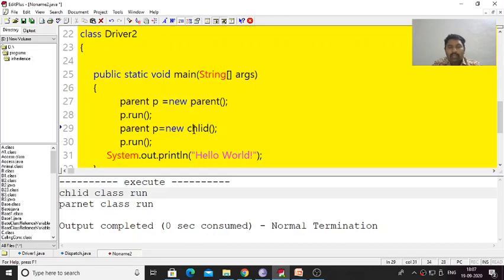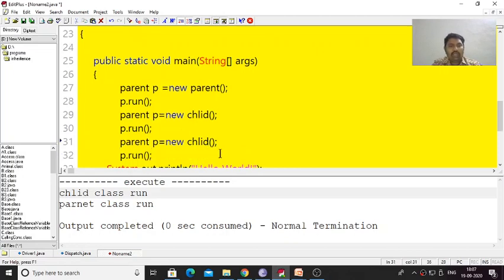That means it is going to call the child's method, but the compiler will not predict this at compile time. The association between the child class run method and this particular object is not going to happen at compile time. It is going to be resolved only at runtime. So this is called dynamic method dispatch.